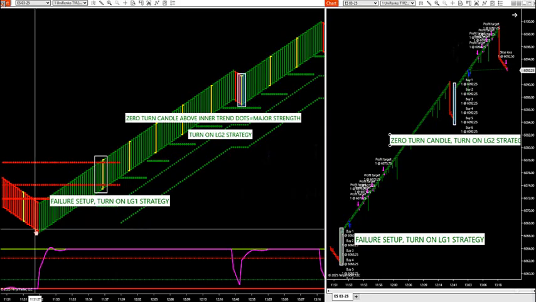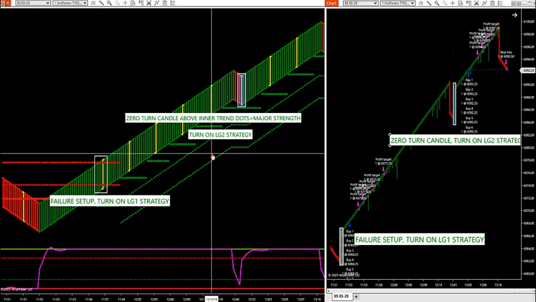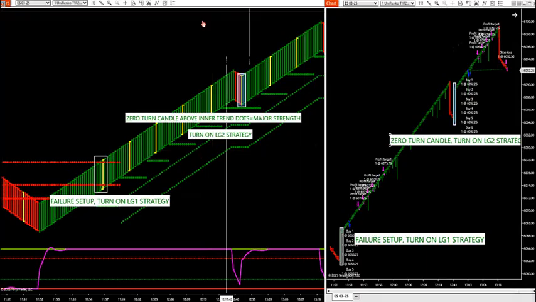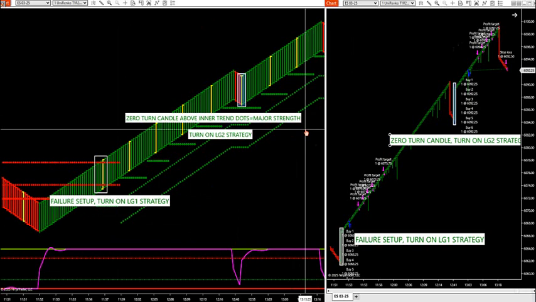So we have two strategies that we implement in the room. We have what's called an LG1, LG2 strategy. One is with the overall trend, and one is when there is a trend change, or what's called a failure trade for the LG1. So we have an LG1, LG2. I want to go over those, but before we use these strategies, and we're going to go over some trades today,